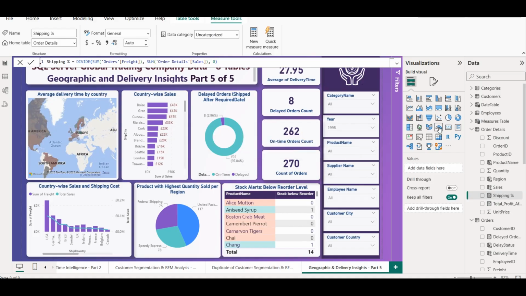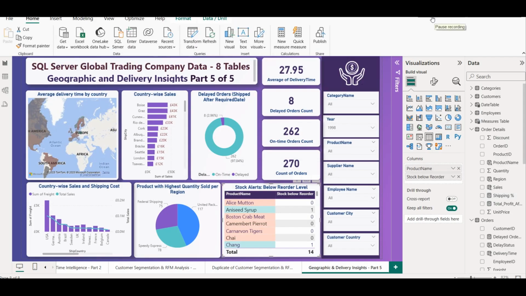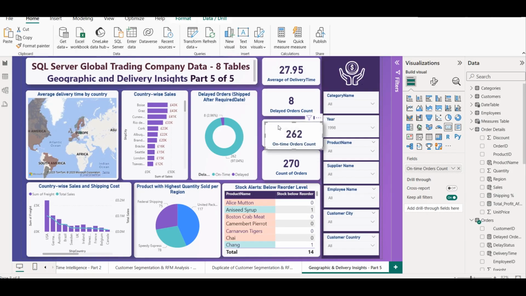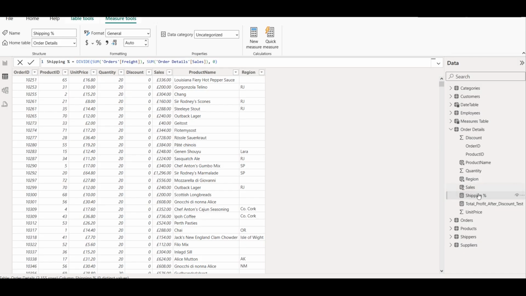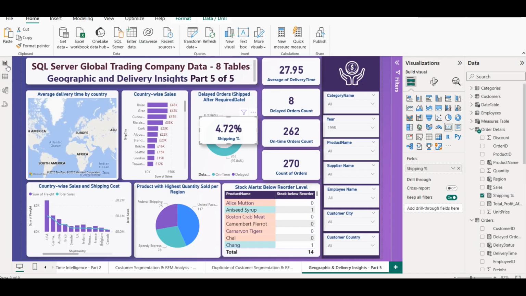So this will create shipping percentage, and obviously we can show the exact value like this. So we have shipping percentage, and you can show it like this as well. We can go to measure tools, select our measure, and mark it as a percentage. So you can see total is 4.72, like this is coming as the